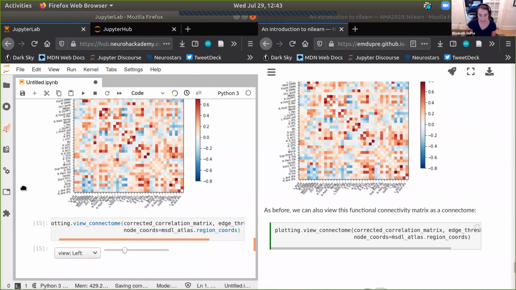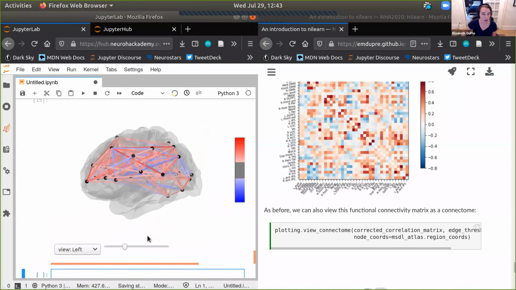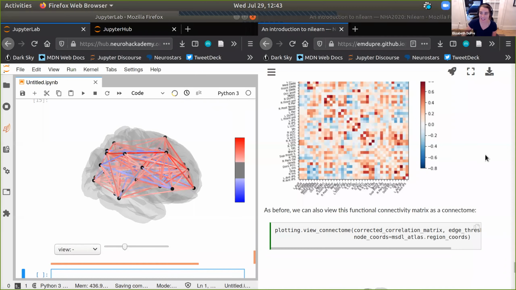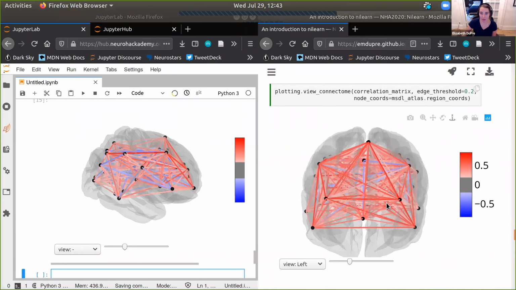And what you'll see in just a second, here you go, is that we now have a slightly reduced connectome, compared to what we had before, which had a lot more connections.